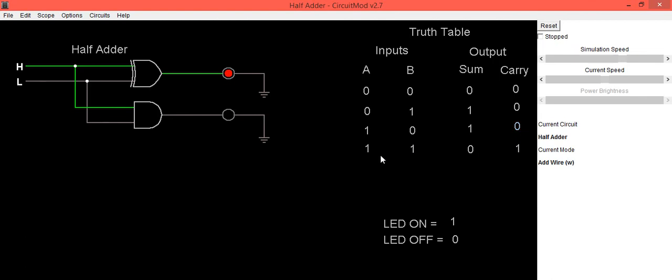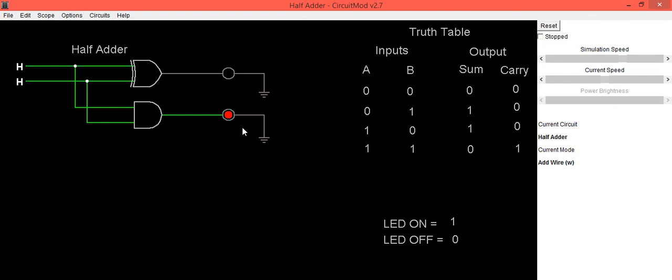Now to check the last condition, when A is 1 and B is 1, A is high, B is high. In this case, the sum output is 0, due to which the LED is in the off condition, and the carry output is 1, which is indicated by the carry LED being on.